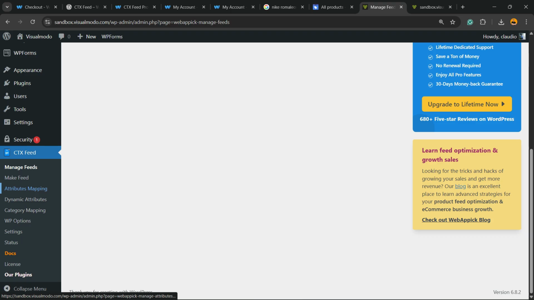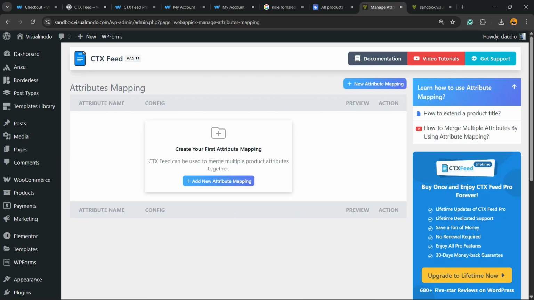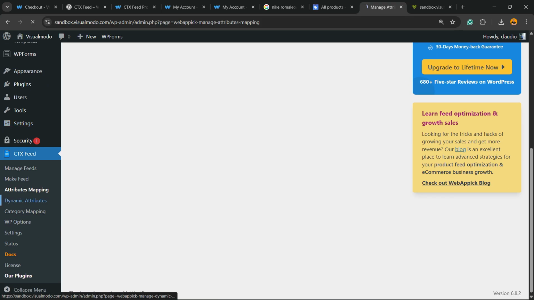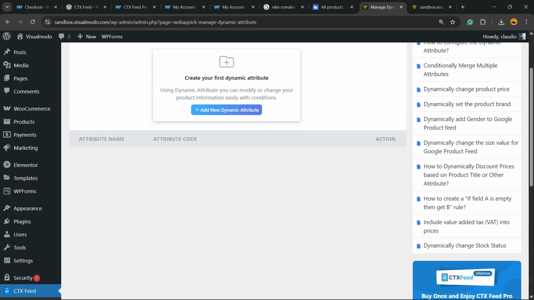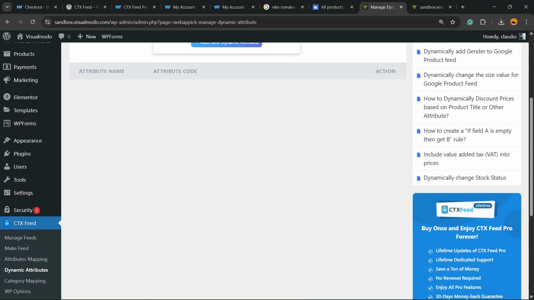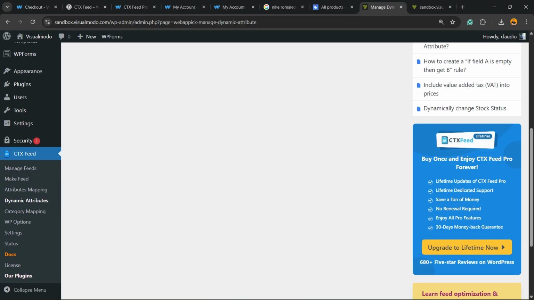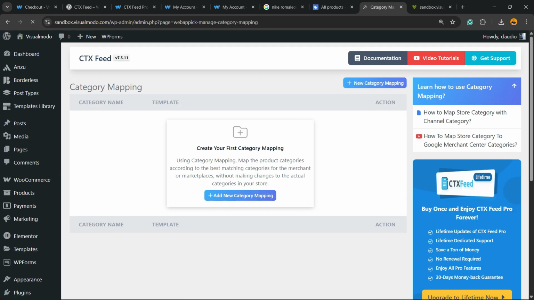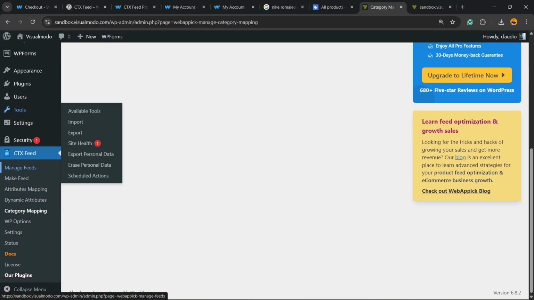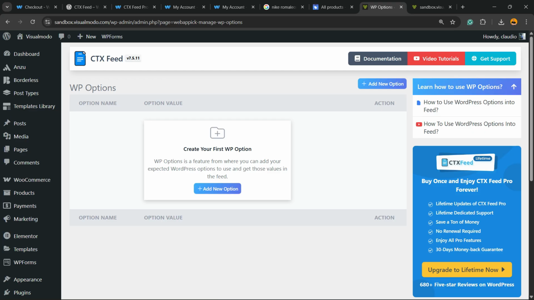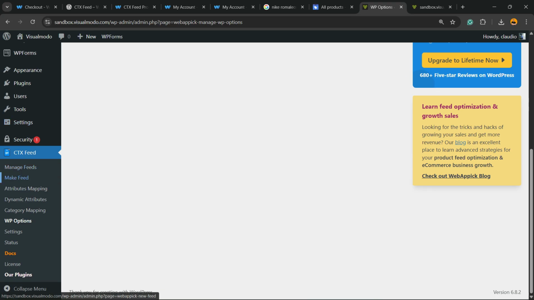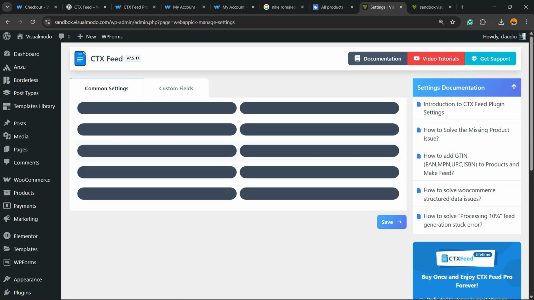Let's explore more plugin options. We have attribute mapping in case you need it. Create your first attribute mapping. We have dynamic attributes. That is an amazing feature, okay? So you can sell different things, different products with different colors, for example. Category mapping, the WP options, the settings of the plugin,